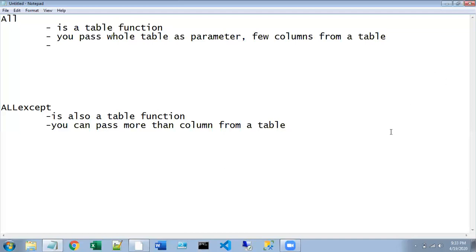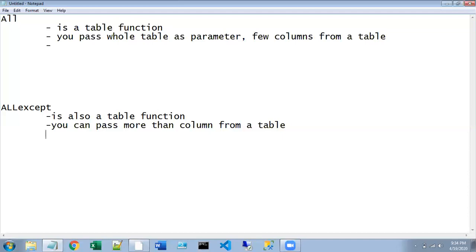Here also, as I said, you can pass more than one column as a parameter to the ALL EXCEPT function. Here it considers only the columns that you have passed and ignores all the filters from the columns that you have not passed.